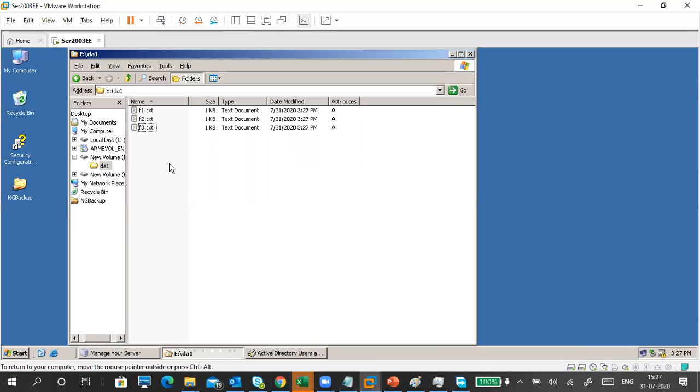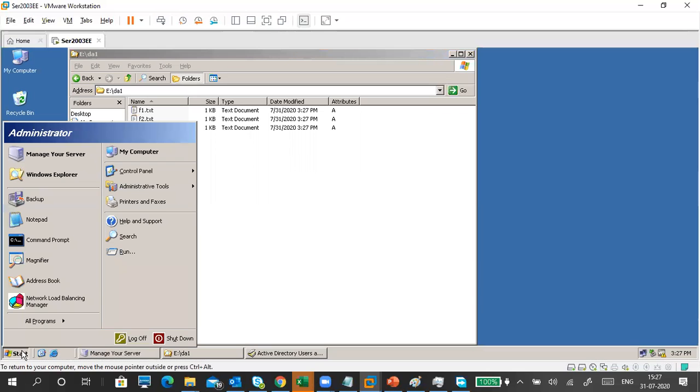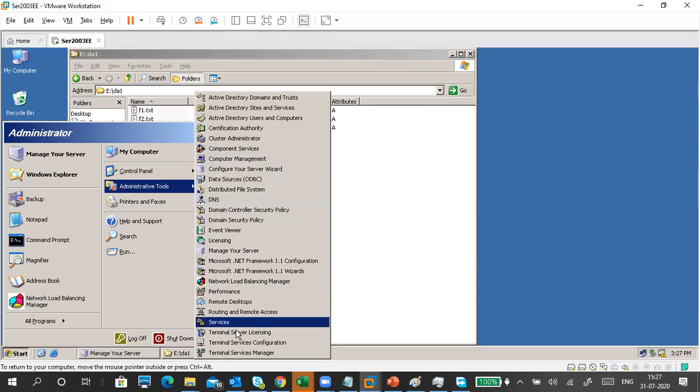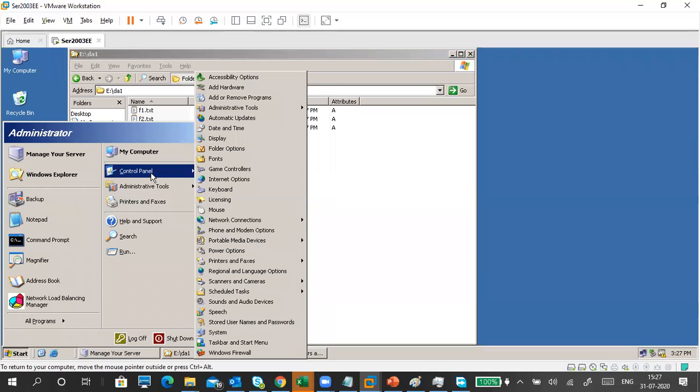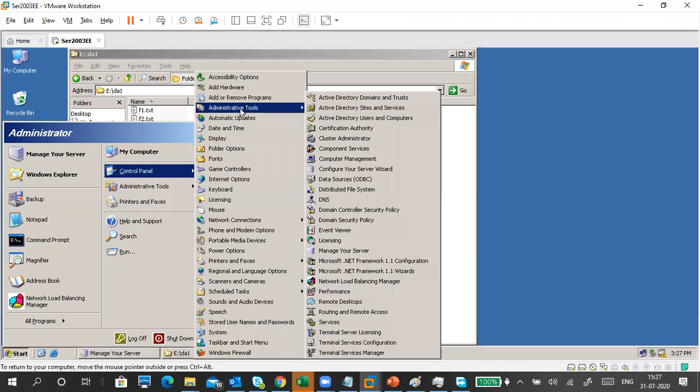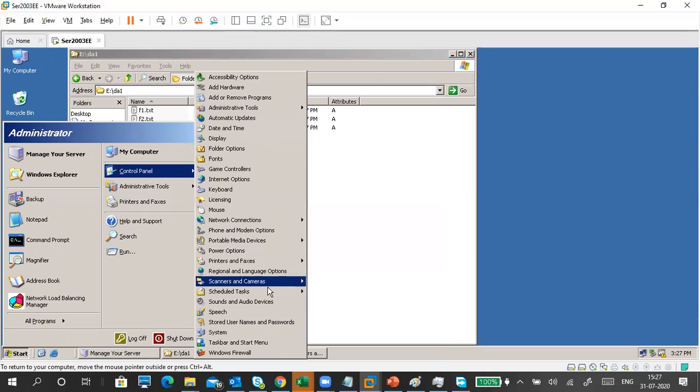I want to take a backup. So how to take a backup? I want to take a backup of these three things. So I'm going to Administrative Tools to find out where the backup is. It won't be there. It is in the Control Panel. Administrative tools, again it came. No, sorry.